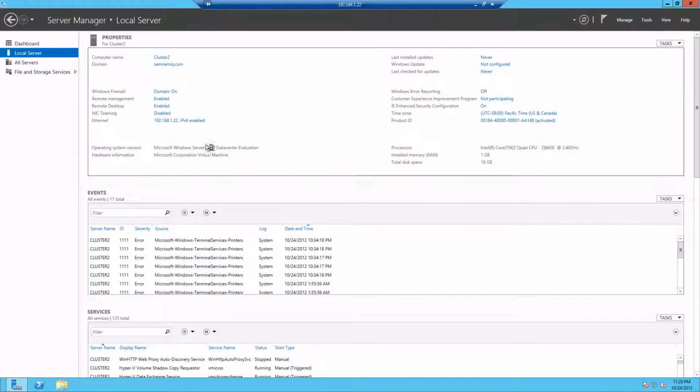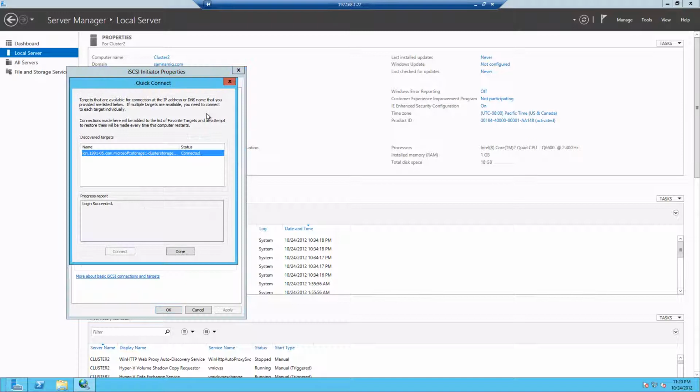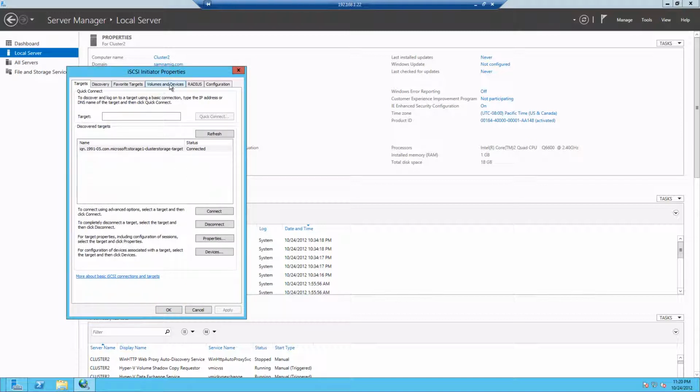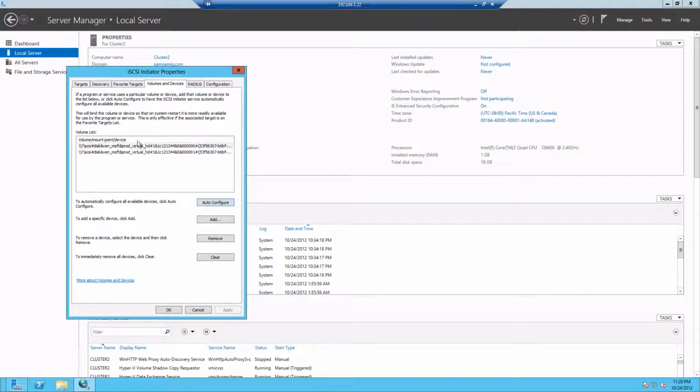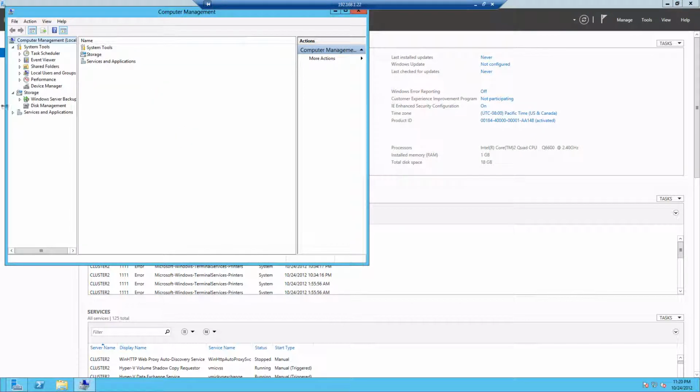Initiator. Yes, start the service. Same thing, 192.168.1.11. Quick connect, done. Volume and devices, auto configure to bring the disks there. So if I go to computer management, and disk management,